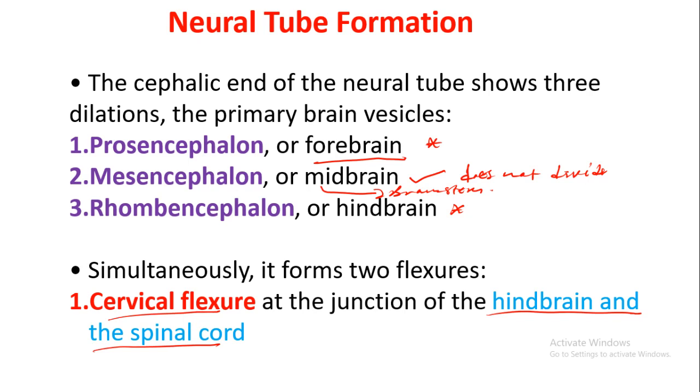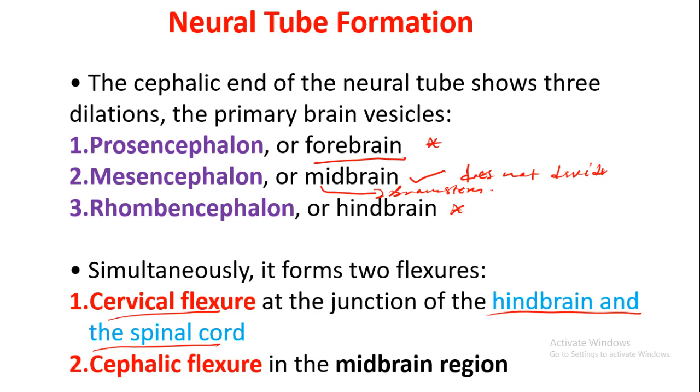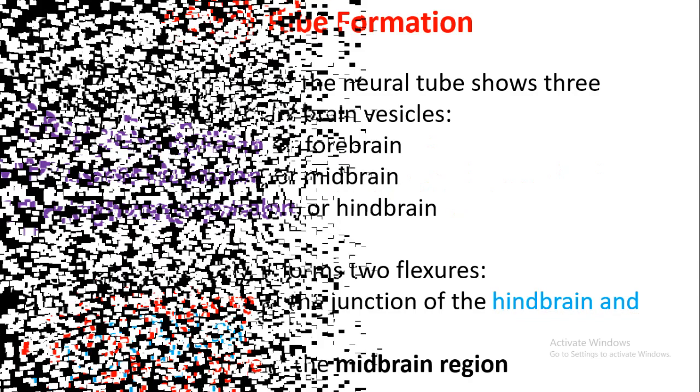And then the other one is found within the midbrain, meaning within the mesencephalon, and this is known as the cephalic flexure. So the cephalic flexure is found within the midbrain region. Okay. So when the embryo is 5 weeks old,